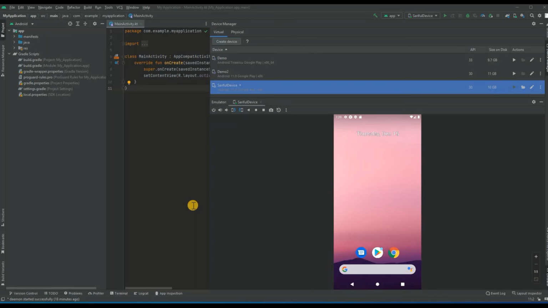So to resolve the no session exception error, I create another new virtual device. Okay, as I said, I create a virtual device over here. It's a new virtual device with Android 11.0. I created it, and then if we run it again, and if you see, the issue is